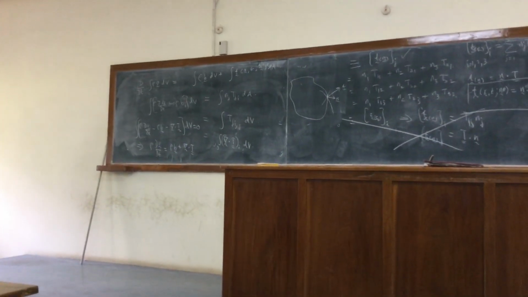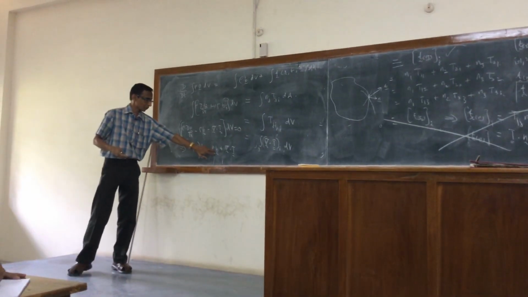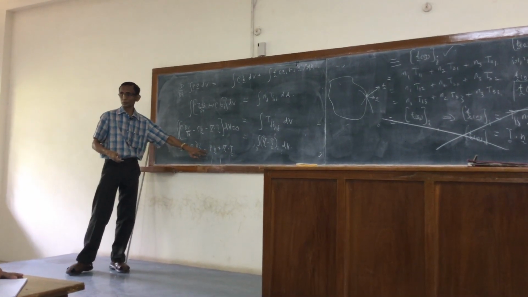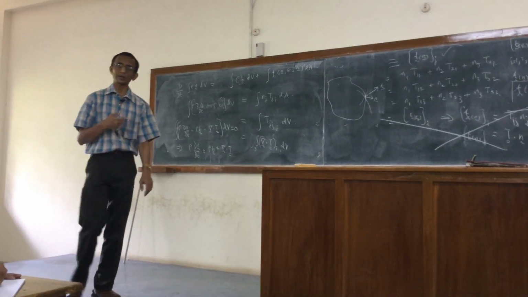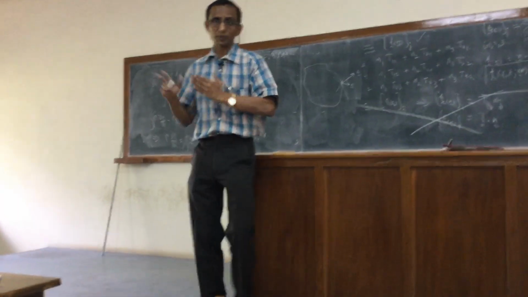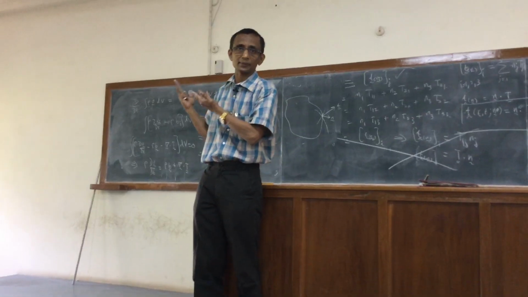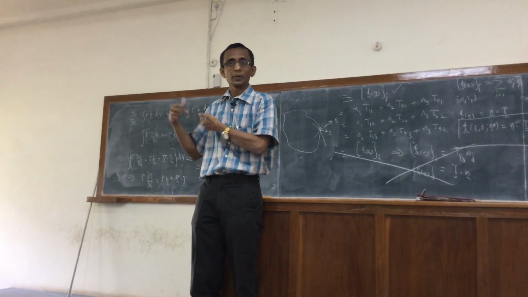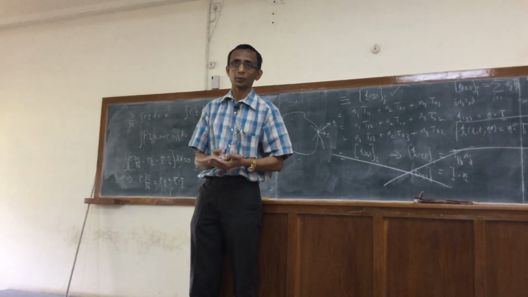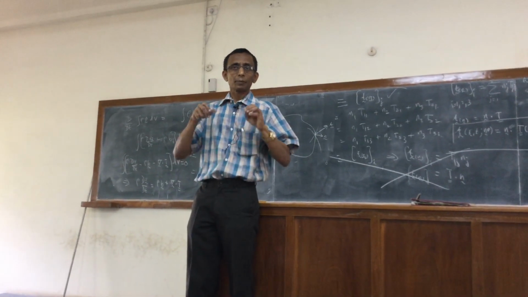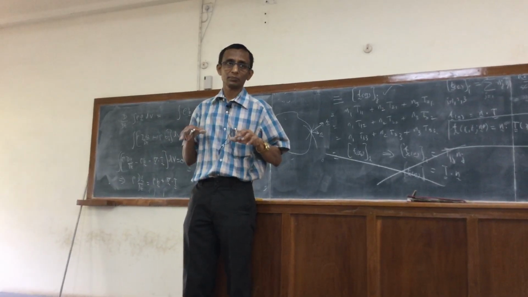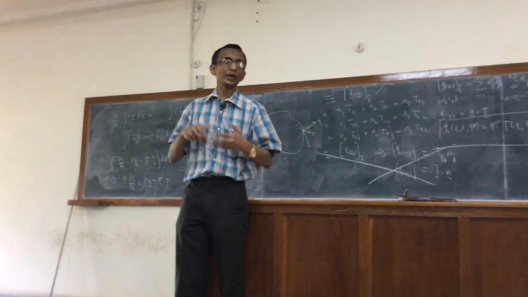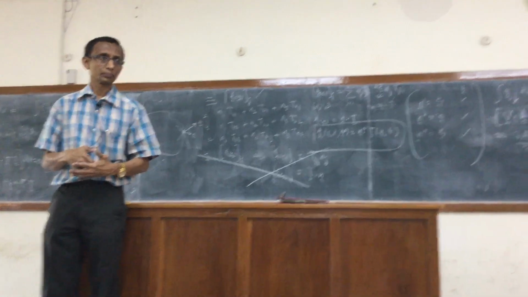the units of this are force per unit mass. This is mass per volume. The units for each and every term, it is a force balance. After all, that is what it is. Momentum balance is a force balance. The rate of change of momentum is equal to the net force acting on the body, so it has to be a force balance. But because it is a local equation, every quantity is a force per volume.